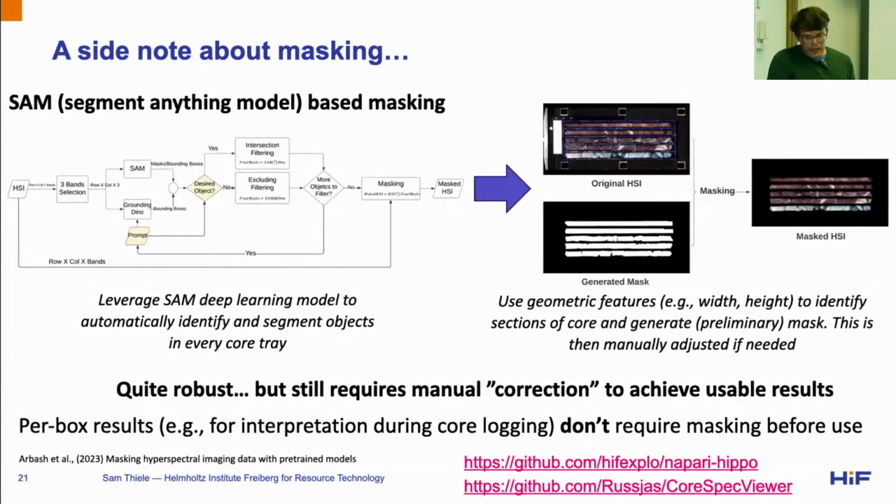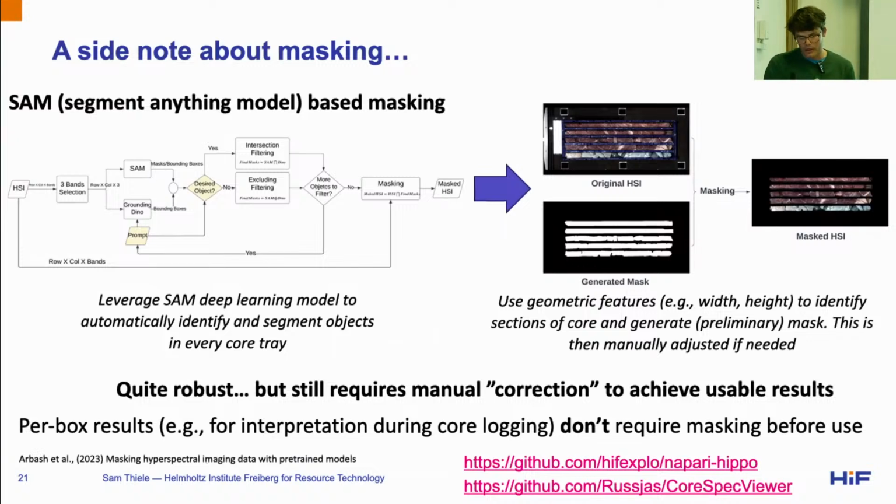I need to say at this point that there was one thing that we couldn't automate well, and that was saying what's a rock and what's not a rock in the image of your core box. We can get this working quite well for specific projects. So if everyone used the same type of plastic core box, then it would be really easy. But you go around the world, people use all sorts of different things in their core boxes, and people have all sorts of weird ways of marking meters, and there's just so much variability that while we have a solution which is relatively generic and is quite good at giving a first guess at what is core and what's not,